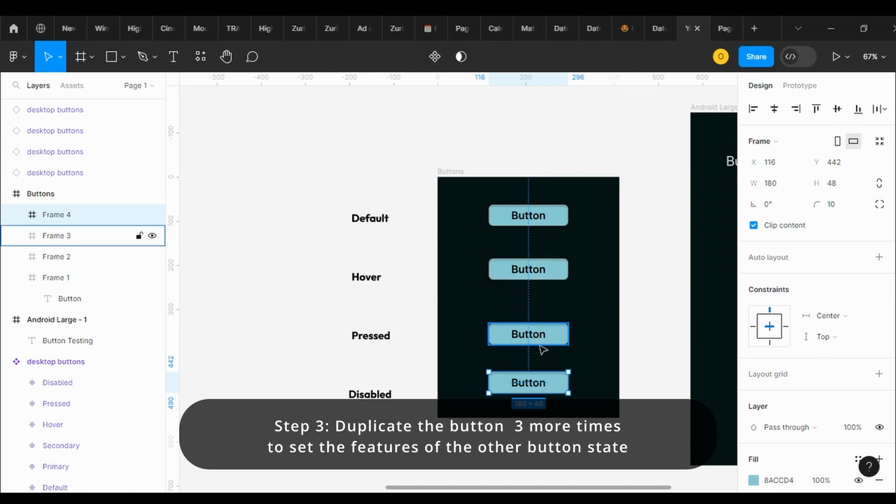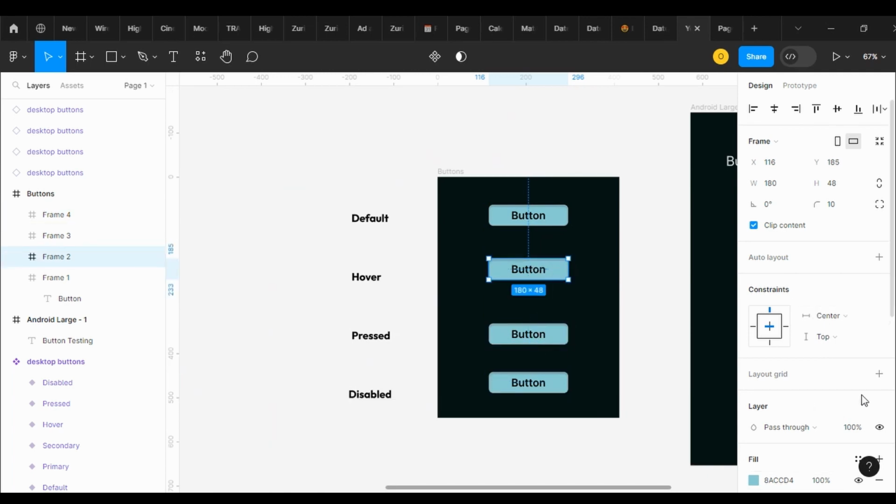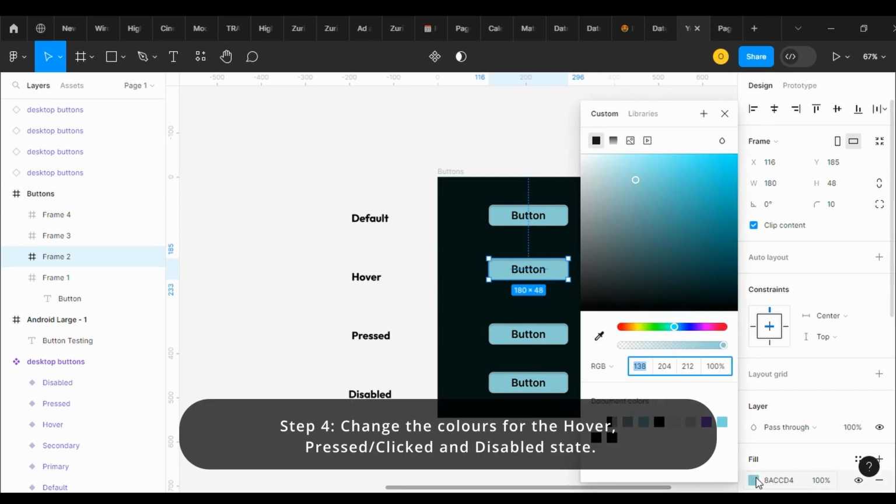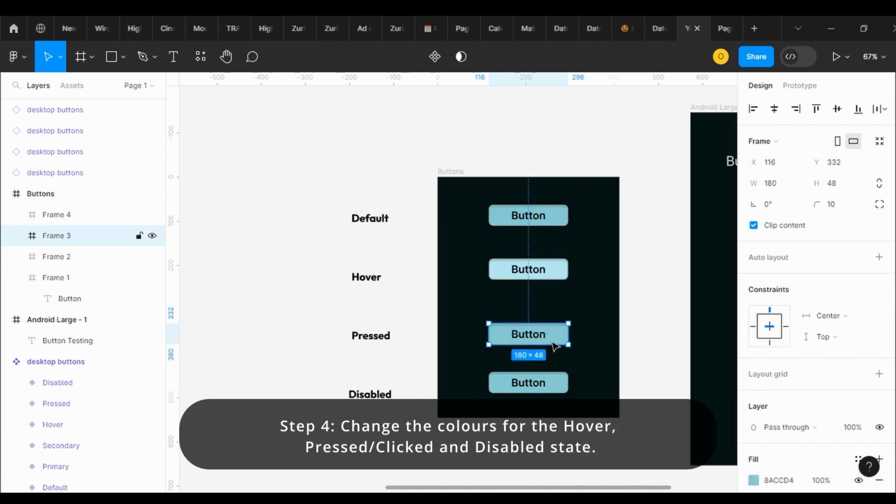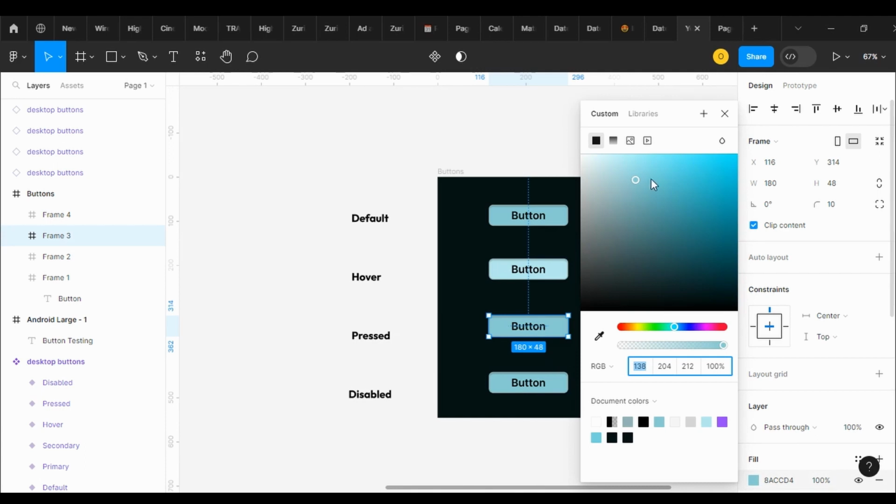Yeah, so for over, I would use a brighter color just to show that it's in the over state. So I go back to the color selection and pick a lighter color just to show that it's in the over state. And for the pressed option, I will use a darker color just to show that there's a difference between what it was initially as a default, then what it is in the over state, and just show that